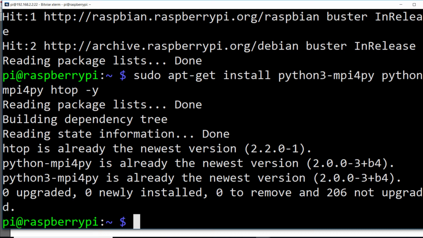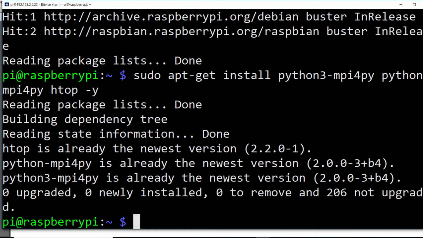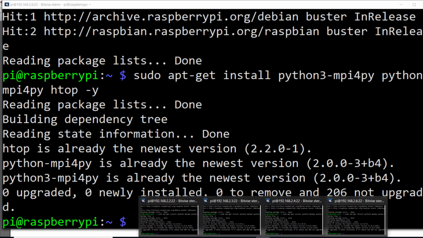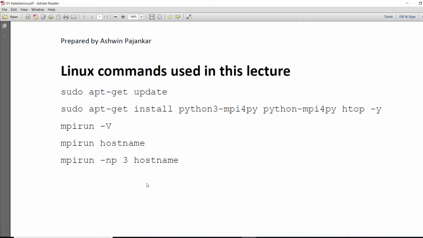Okay, so remember that the software is already installed for the preparation of this video lecture, and when you are going to run these commands on your Raspberry Pis, it is going to take quite a while to download the software and install it. So we have success messages for all the 4 nodes, and it seems that MPI for Pi has been installed. So for the rest of the 3 commands, we just need any one of the hosts to verify.